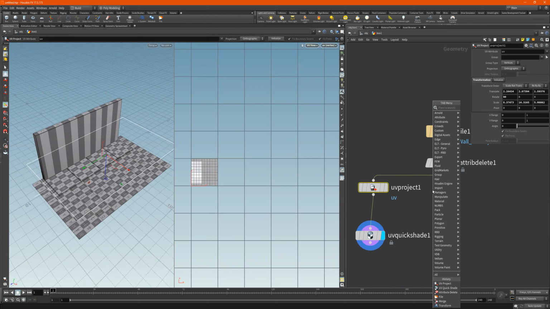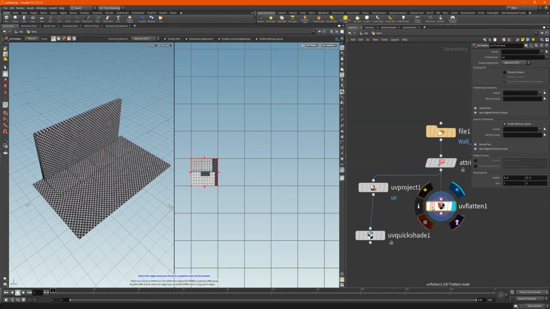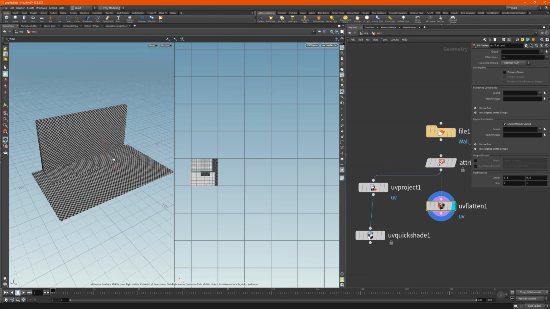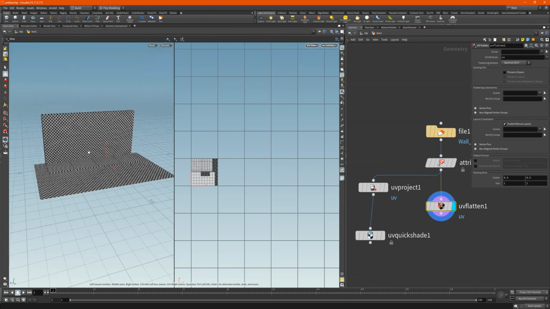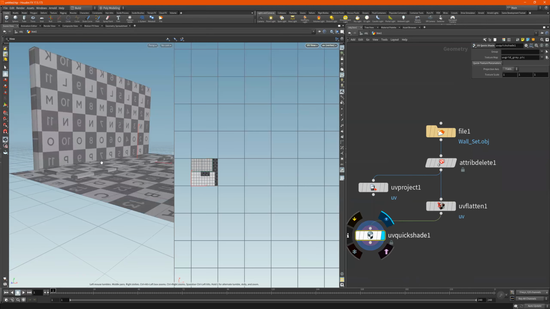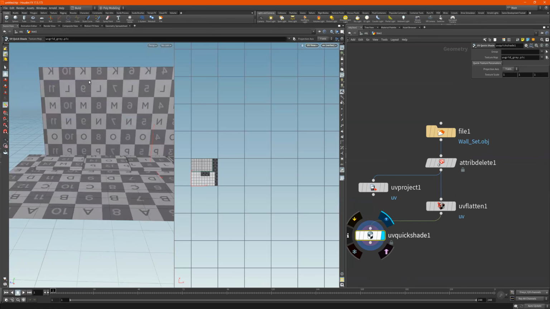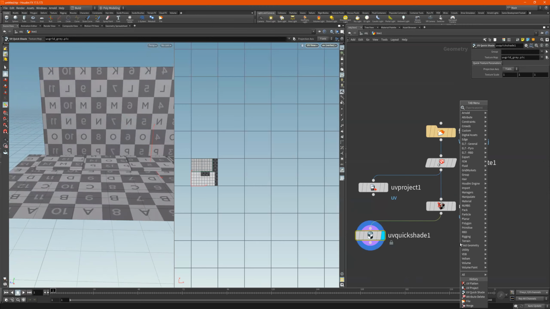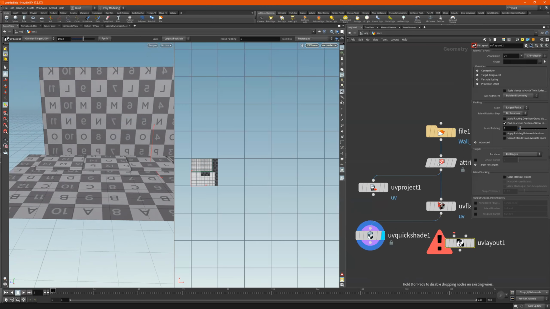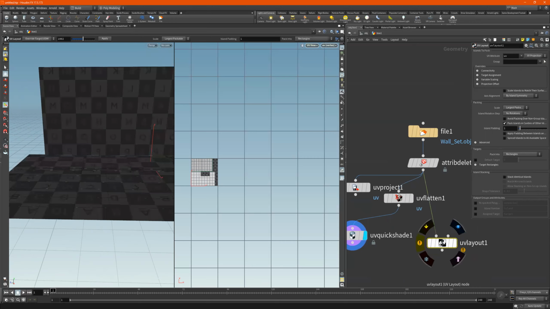So let me right click and go to UV flatten. So UV flatten is giving us something interesting, but these are like backwards. So just let me go to UV layout. All right. So now if I go to UV layout,